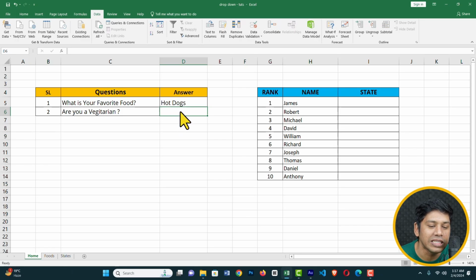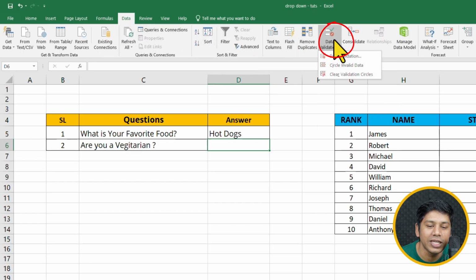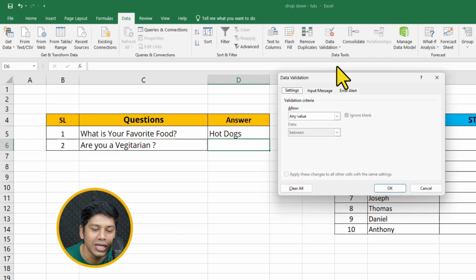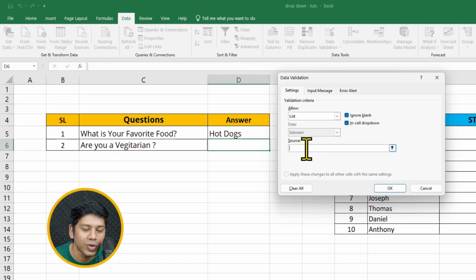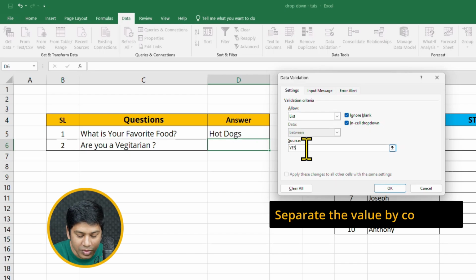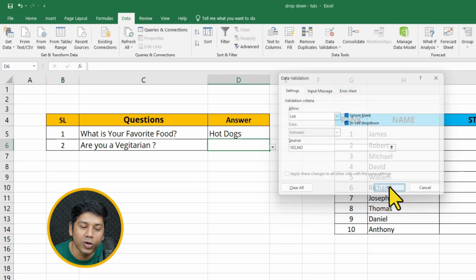So again, click on this cell and go to data, and here go to data validation. Just click on it, and here you can see data validation. This time under settings, click on list, and I'm going to enter two values. The first value is yes, and enter comma and type no. Okay, this time I did not select data from the sheet. I just wrote the data because it is short. Okay, now click OK,